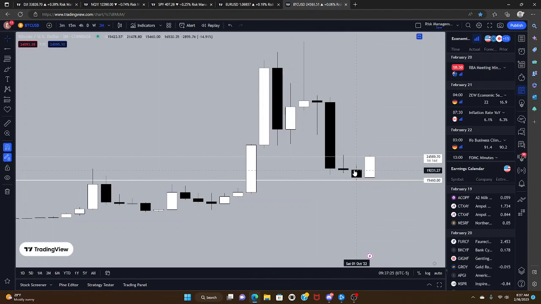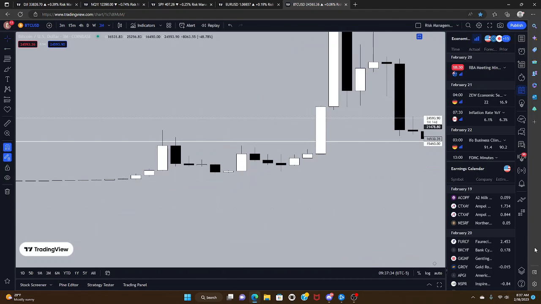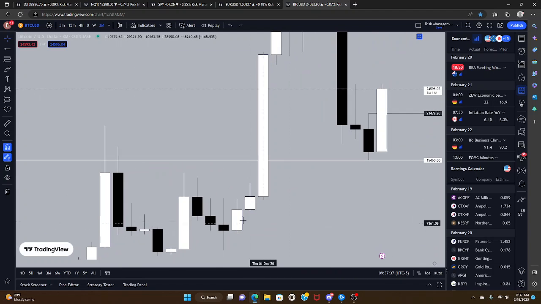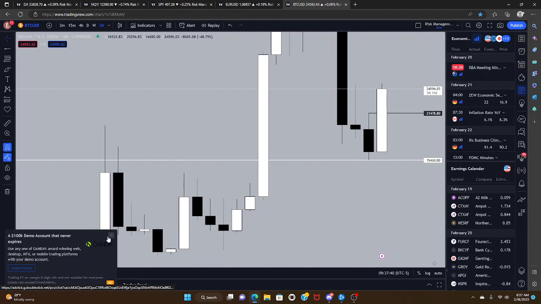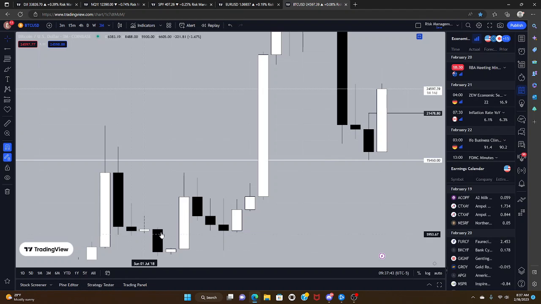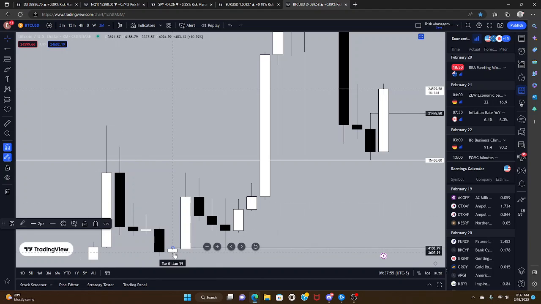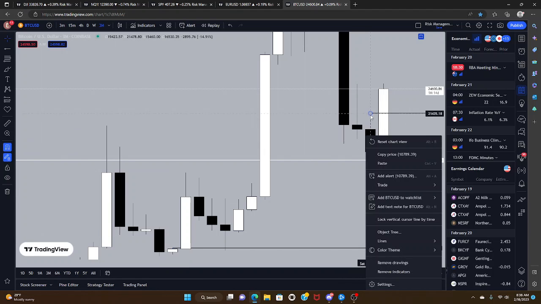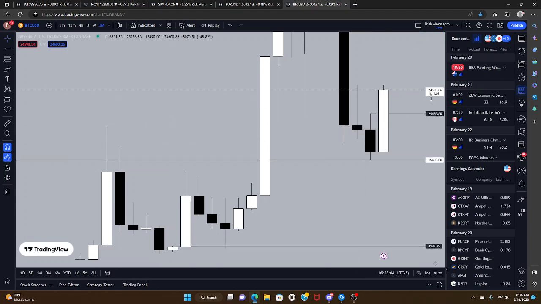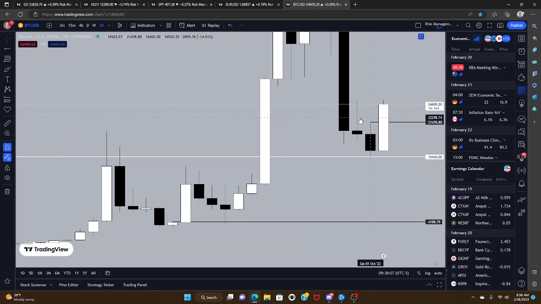Now, one thing I really want to draw your attention to here is whenever you see a break of a quarterly high after a major sell-off like this in Bitcoin's history, it's generally going to be an area where the market bottoms. So right here, you can mark off this high right there. You have a major sell-off down there. Major sell-off down here, come down here, and then take out the quarterly high, massive rally. Same thing up here, come down here, take out the high. Well, we haven't had a massive rally yet, but we do have that invalidation.